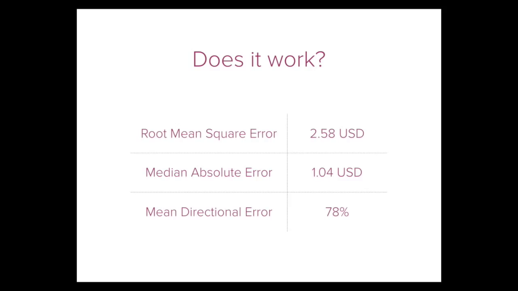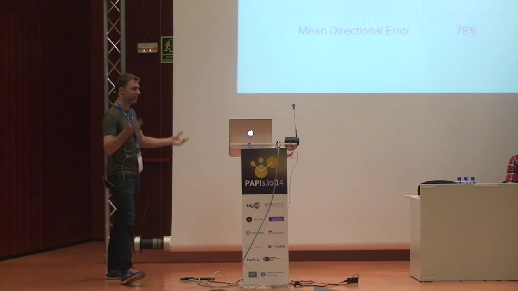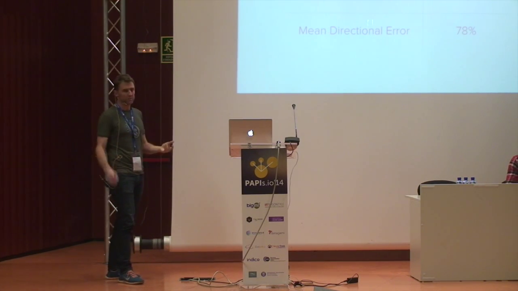And so the real question is, does it work? It's all anybody ever cares about in finance. The business world for predictive analytics can be a little more forgiving, but we get some decent backtest over a year's worth of prices. The root mean square error is $2.50. Average price is around 400. Make of that what you will.